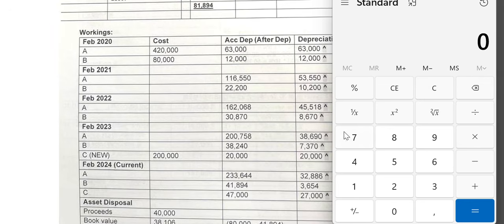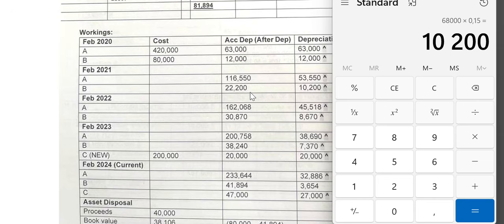So we got the cost price, 80,000, minus the accumulated depreciation, 12,000, equals 68,000, times by 15% equals 10,200. And 12,000 plus 10,200 will give you, at the end of 2021, the accumulated depreciation balance for B